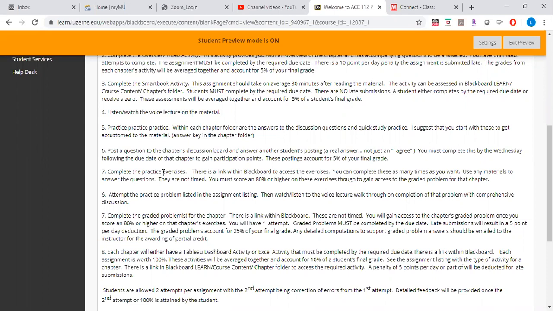So a practice problem is more comprehensive than an exercise. You'll then complete a graded problem or problems for the chapter, very similar to the practice. You had to have received an 80% or higher on your exercises to have access to this, and you have one attempt. And it's worth 25% of your final grade, the graded problems. If you would like, you can email me any detailed computations to support your graded problem for awarding of partial